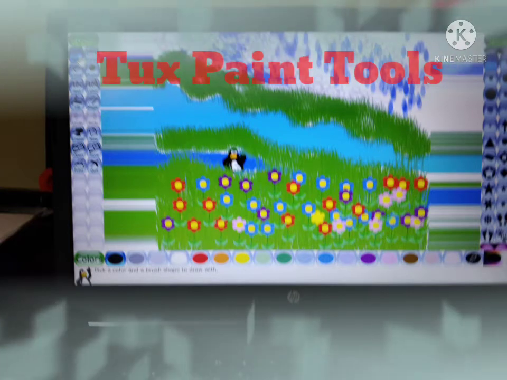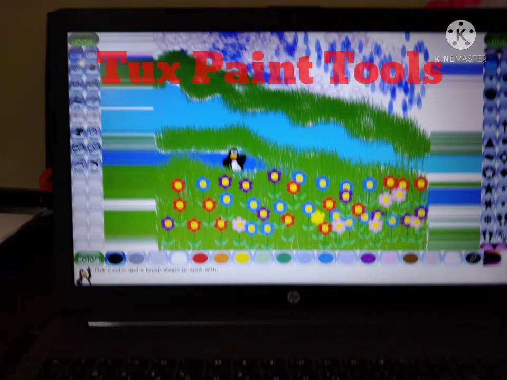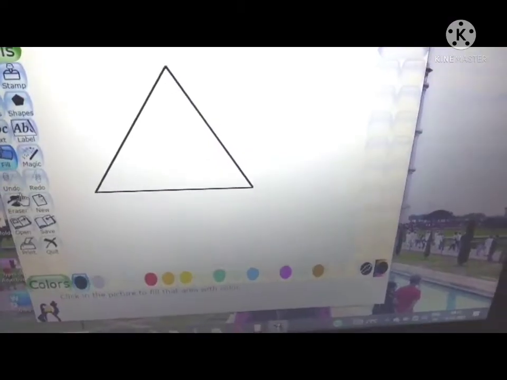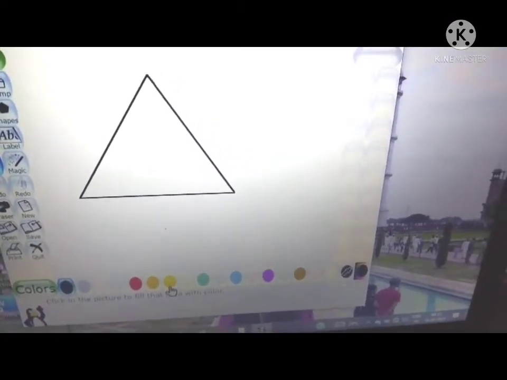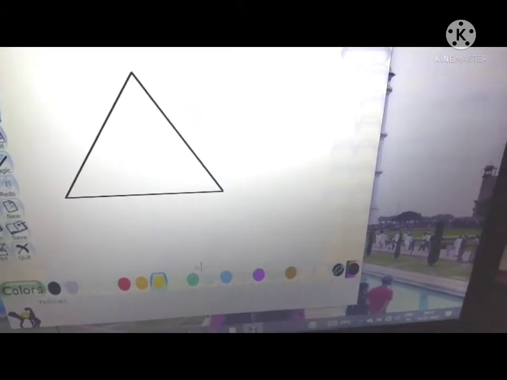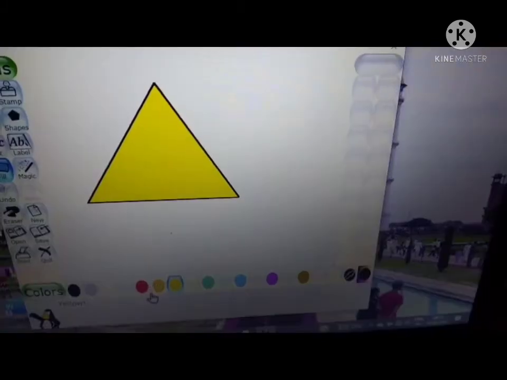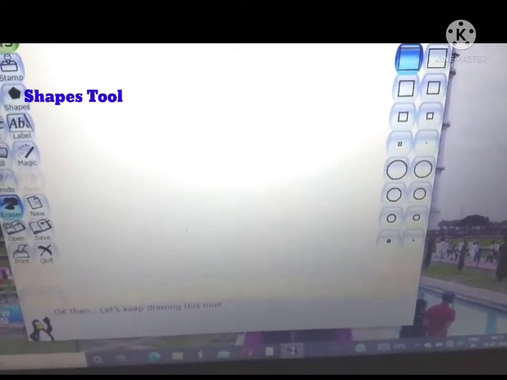Working with TextPaint tools. TextPaint has many tools and sub-tools. Using these tools, different drawings can be made. There are more than 50 magical effects and paint brush shapes in TextPaint. Now let us learn more about TextPaint tools.